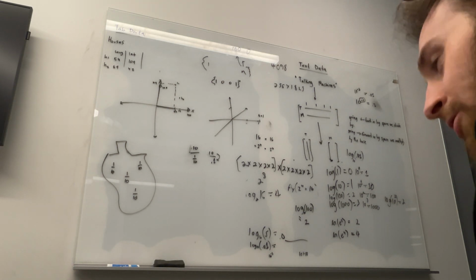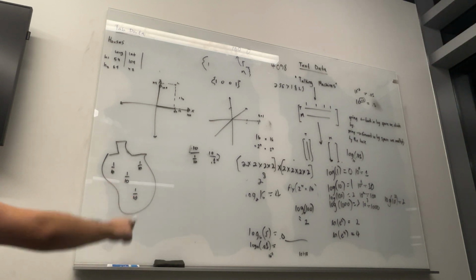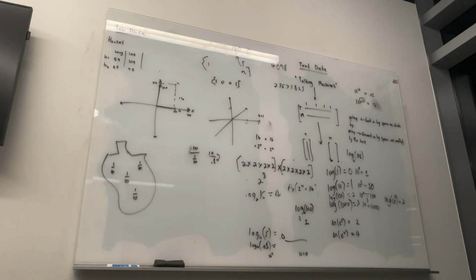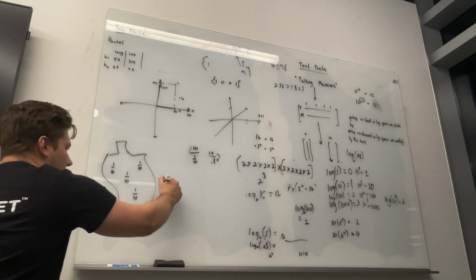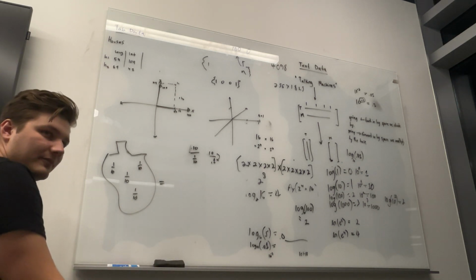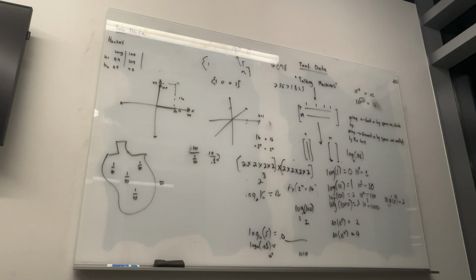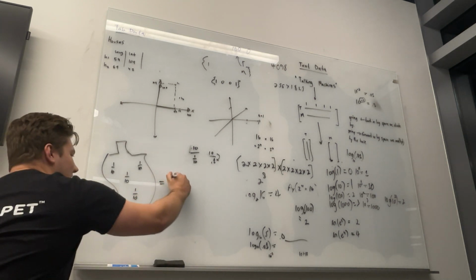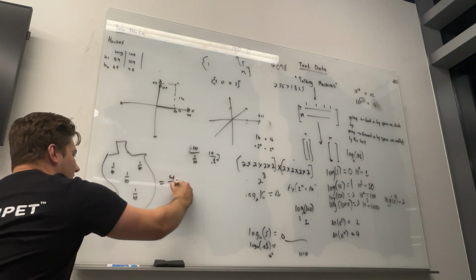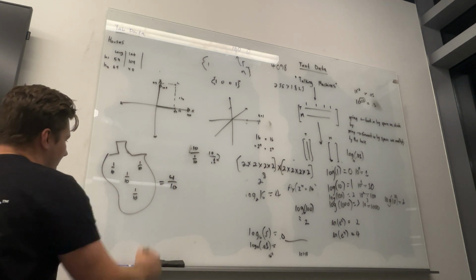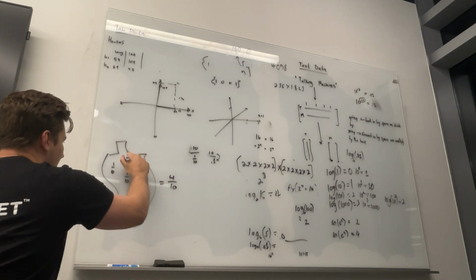So how many 1/10ths is this? 4. So there's 4 1/10ths in that bag, which is what number? 4/10ths, exactly. And then if I add a few more 1/10ths,